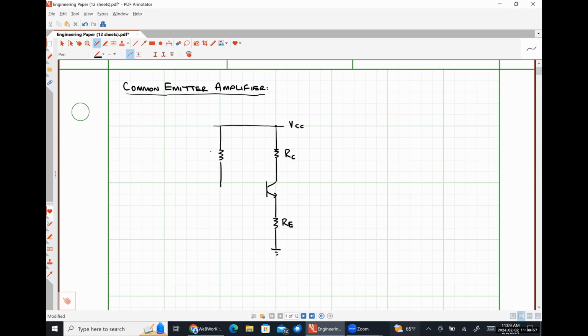Here's a resistance we're going to call R1. Here's a resistance we're going to call R2. So all of this part right here is literally just bias, right? This is nothing more than the 4 resistor bias network for an NPN BJT that we've seen before. On top of that,